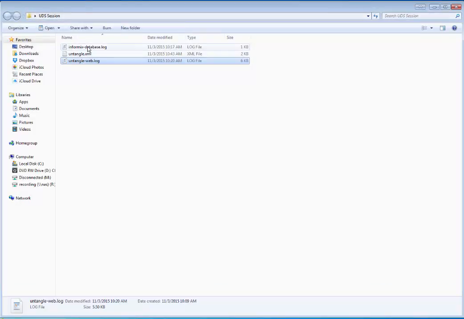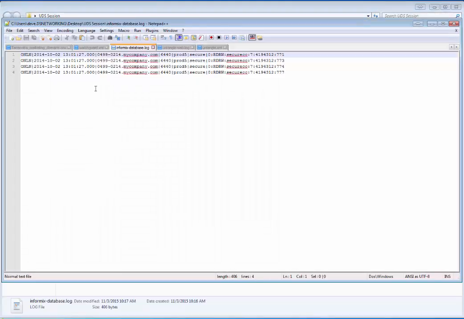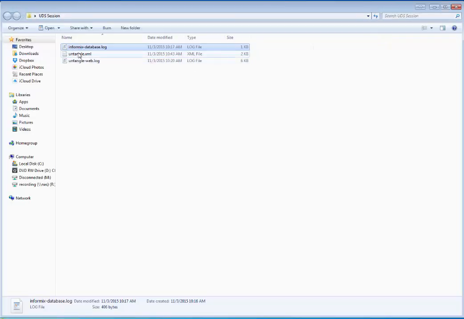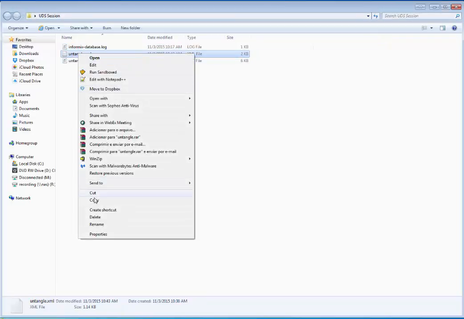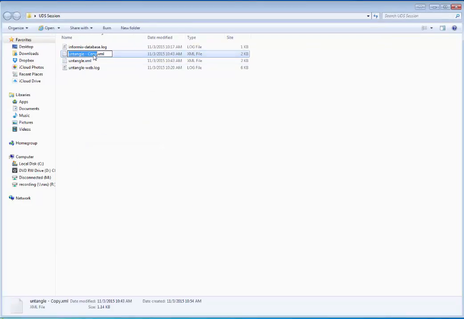What if we wanted to build the same type of XML for this file? Now in this case, there's really not an identifier that we could use. So in that case, we probably want to run without an identifier. So let's go ahead and do the same thing that we did with that XML file. So first thing, we want to just copy it, only because we don't want to touch that untangle one. We want to rename it. So let's rename it